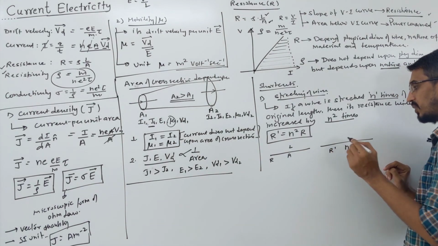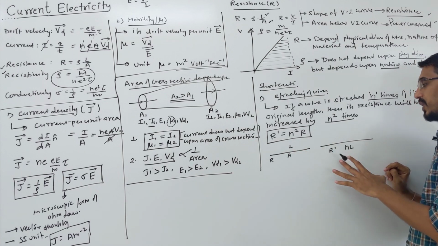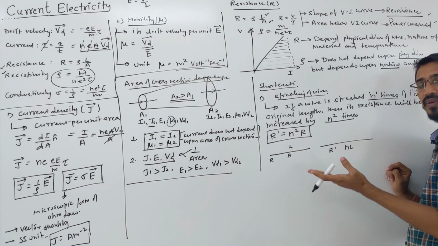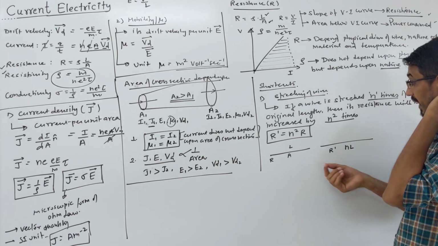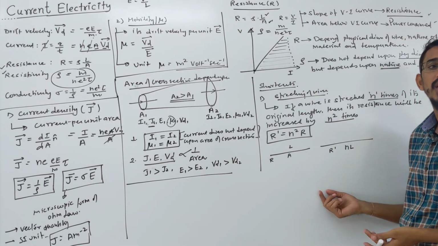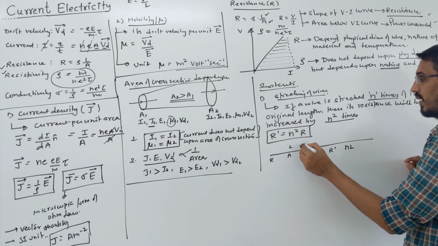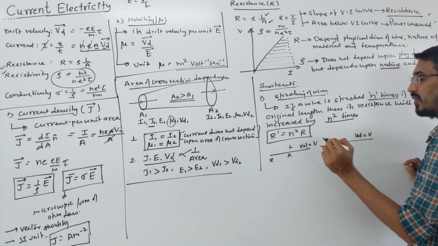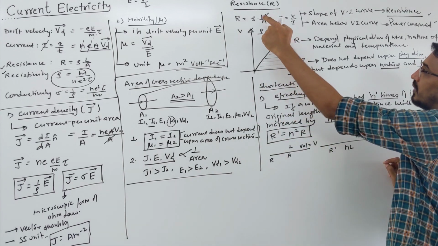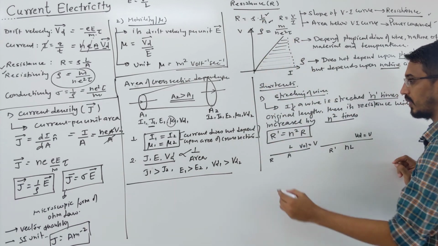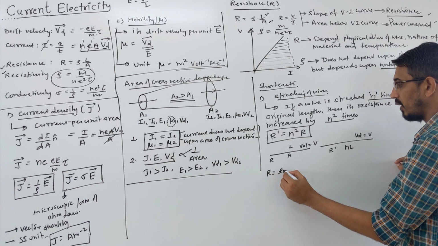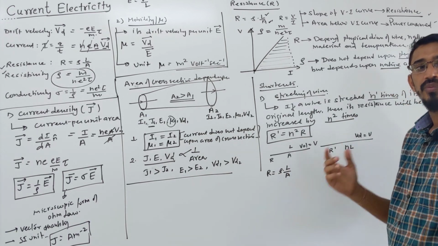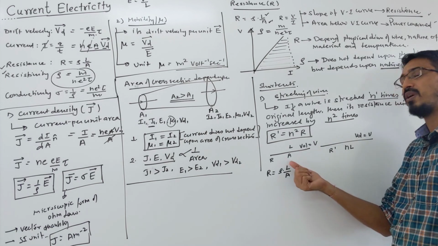New resistance R dash you want to calculate. When you stretch the length, the new length is given as n times, like double, triple, something. Area I don't know, but what will not change is volume. Here the volume of the wire is V, and here also the volume is V only. Volume doesn't change. So you write this formula in terms of volume. How? Resistance is equal to rho L by A. Why are we writing in terms of volume? Because volume is not changing.